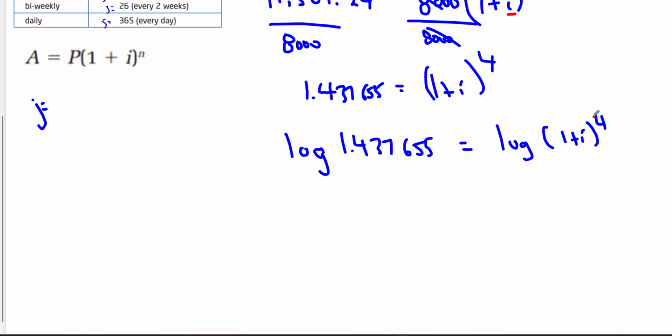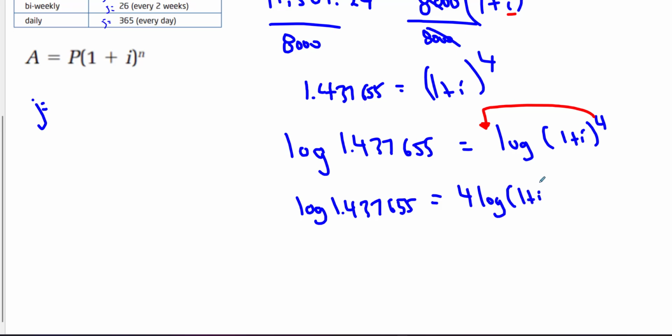And the special property with logarithms is that if the term inside the log has an exponent, I can take that exponent and write it in front of the log sign. So this becomes log 1.437655 is equal to 4 log 1 plus I. And that 4 is gone. It's in front now. And we can now divide